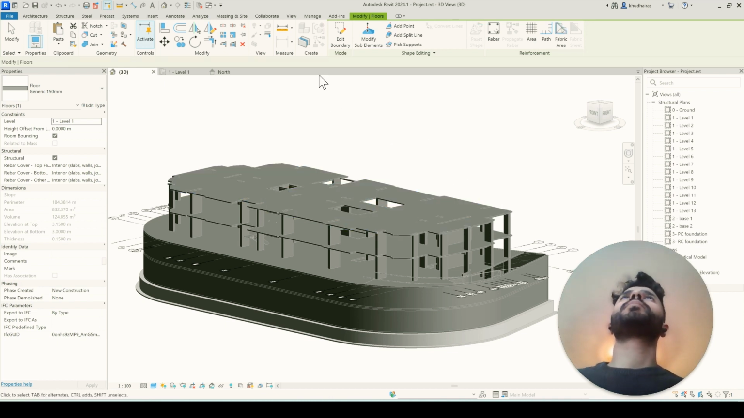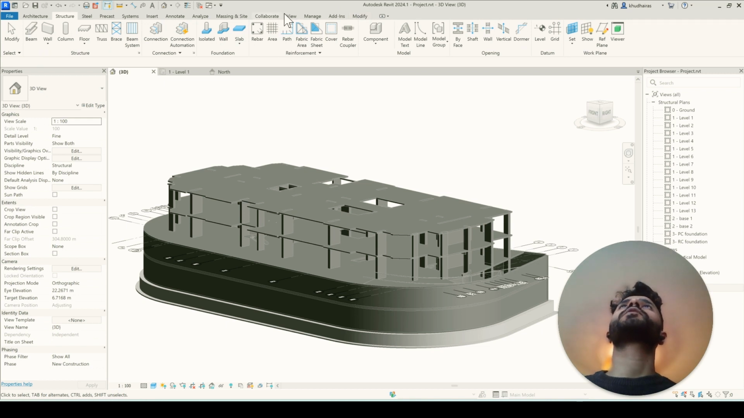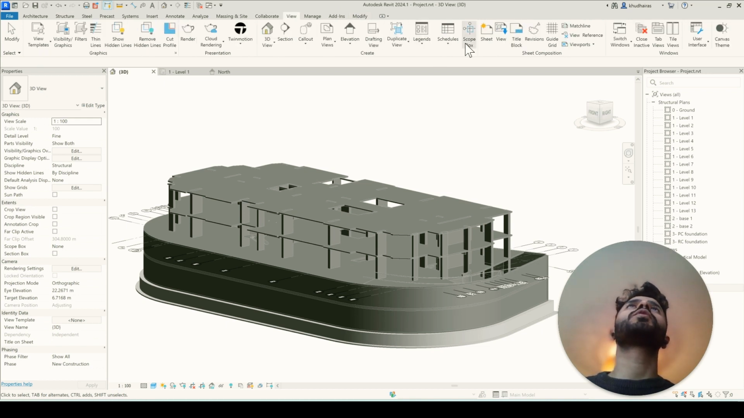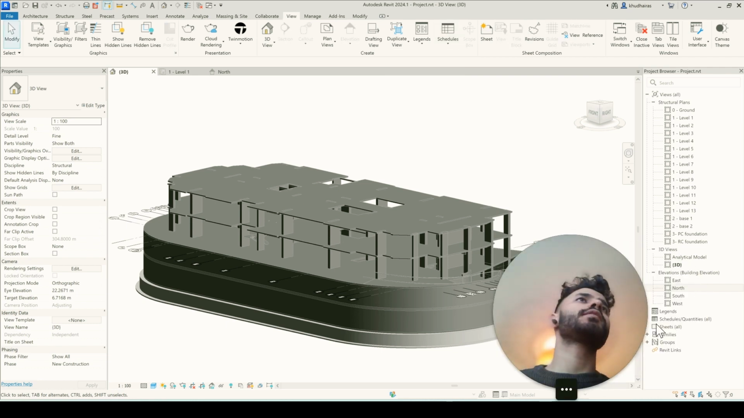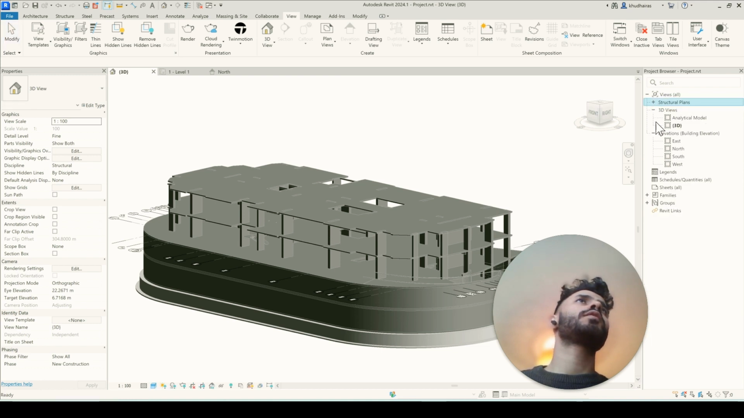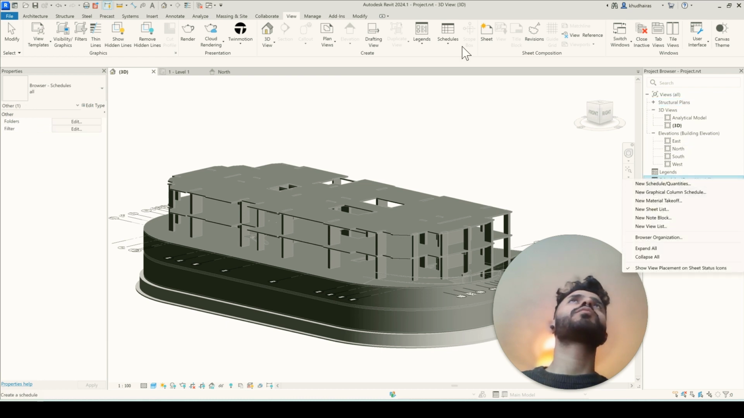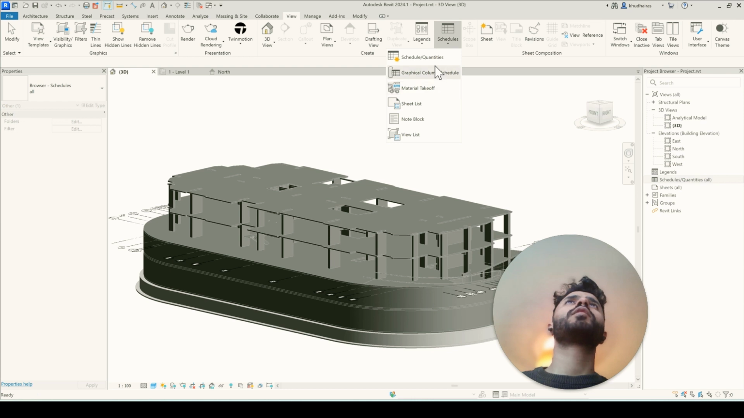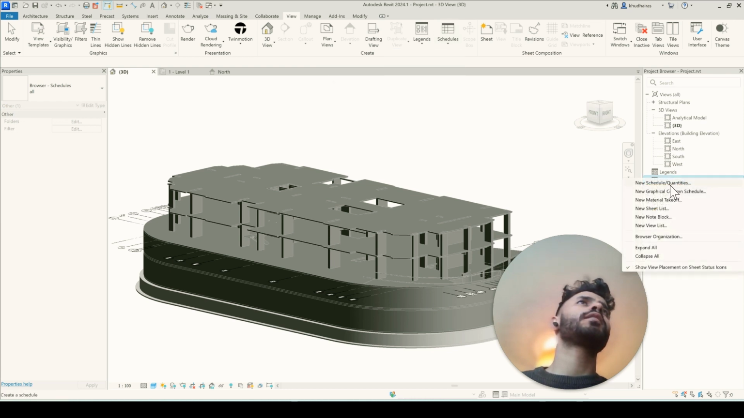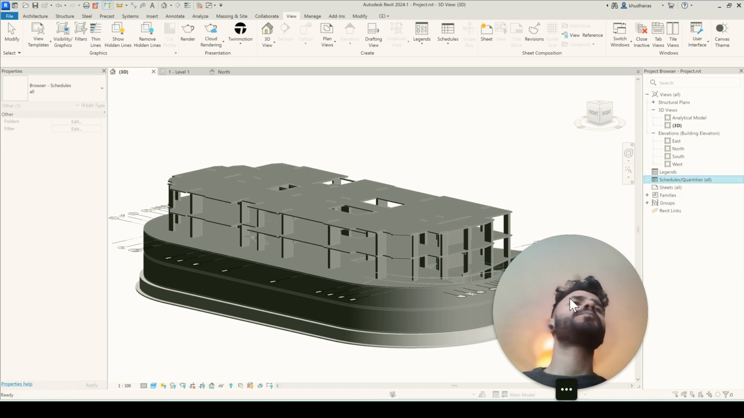So the next thing we will be discussing is the schedules. If we go to view, we have schedules here, or we can find the schedules here on the side as we saw. So if we close this one now, views, and we have here schedules. So right click, view schedule, or you can come here and do select quantities. So right click, view schedule quantity,